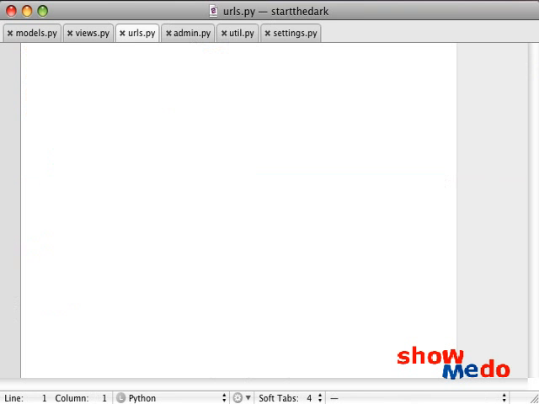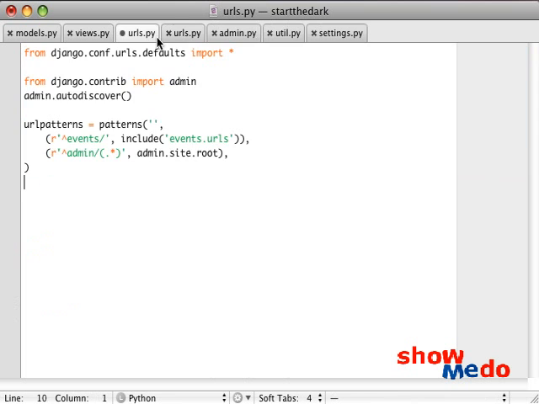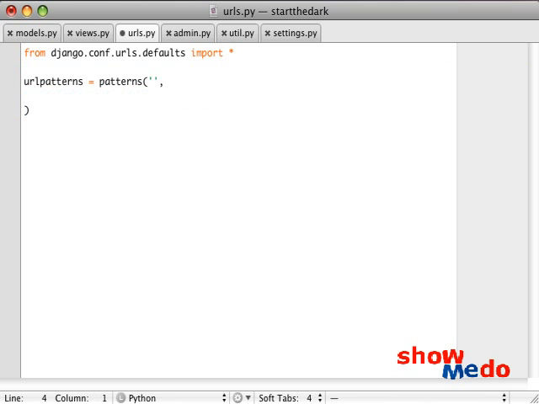If we remember, right here we've got a standard URLs scheme that we used last time and the last couple of times. We don't need any of this admin stuff. Really, we're just taking the URL patterns and the include. So let's right now just do one of the first things. Let's say the followers,